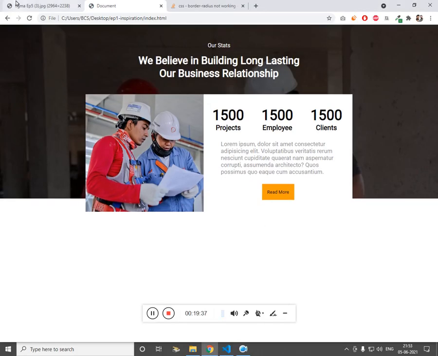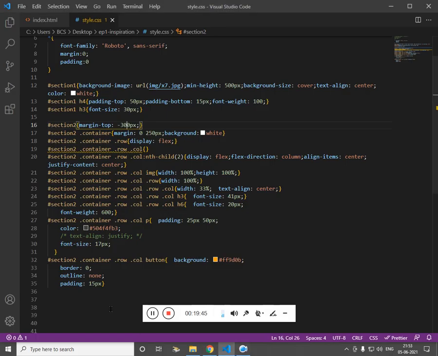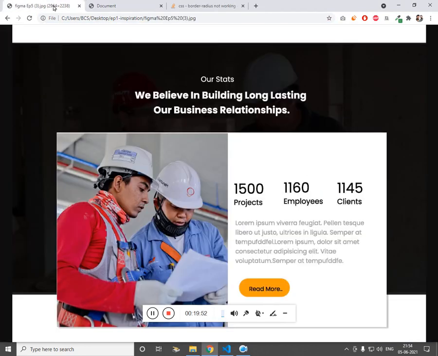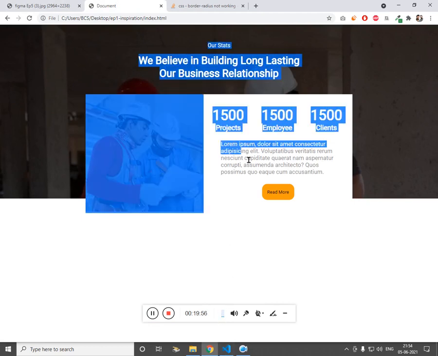Cool. So that seems to be working. We forgot to add the border radius, so let's just add the border radius for the button. Now let's work on the responsiveness. This is for the desktop,